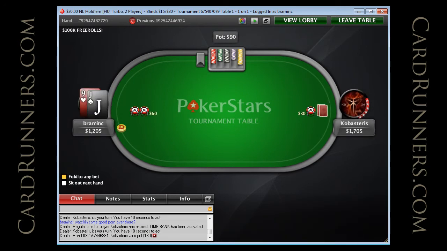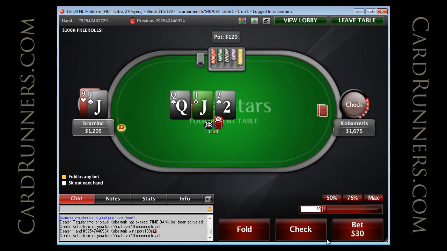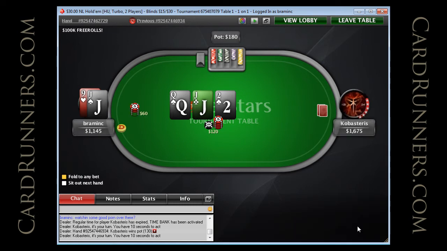Jack 9's another hand to defend versus 3-bets. Anyone who's 3-betting remotely wide, it's going to be a good defend. It doesn't happen here, but it would be against this guy anyways. Definitely c-betting. Not going to 2-barrel always. It really is going to depend on the